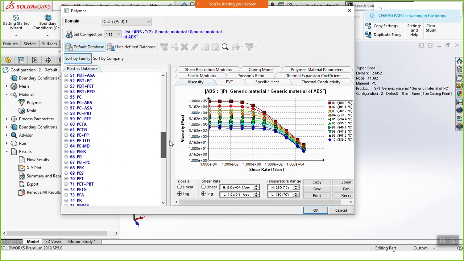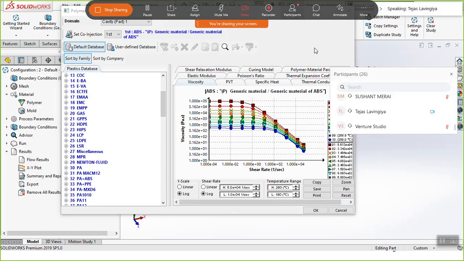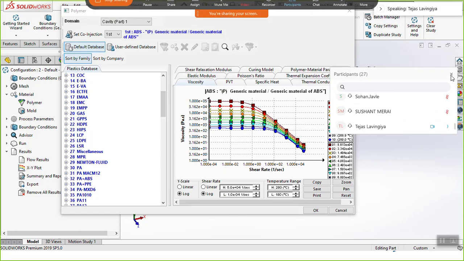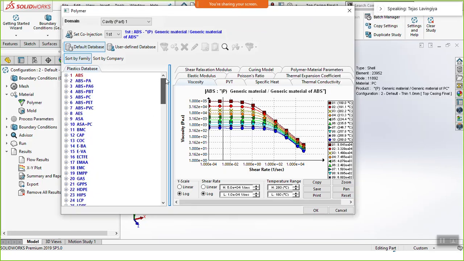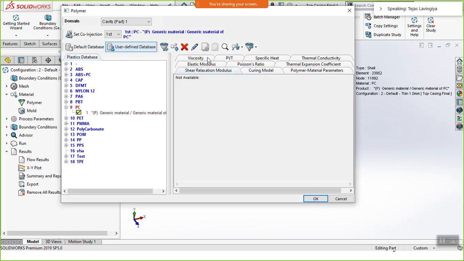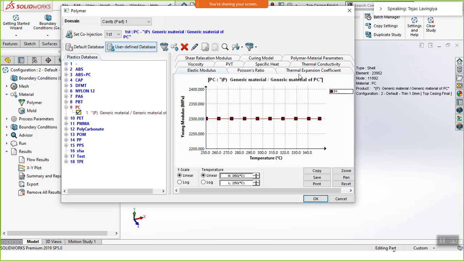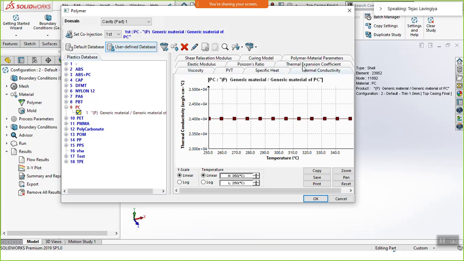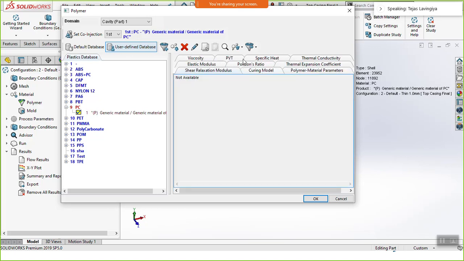So this is the list of the standard materials, the standard database of materials which is available. Once you select one, all these properties will pop up, right? You can even create your own material if required. You can create your user-defined material by just giving these properties. There are various properties of plastics required.